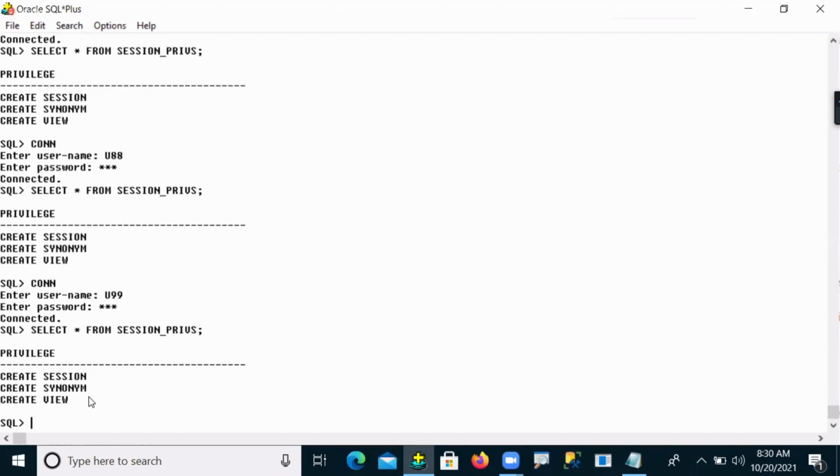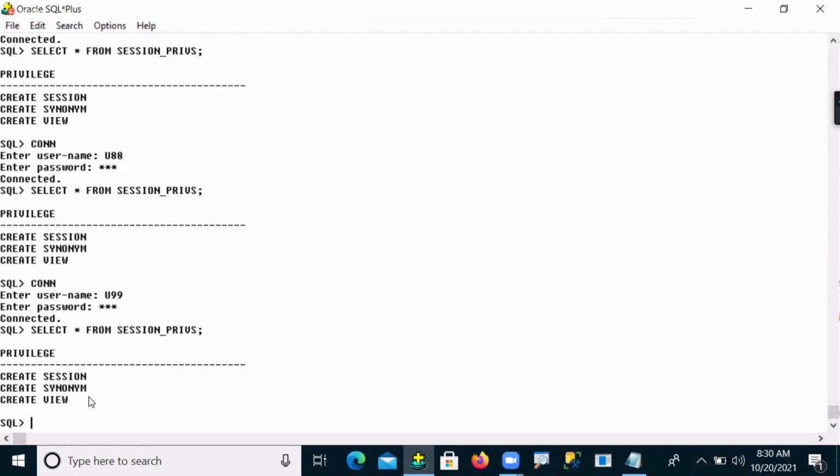So this is the role advantage here, guys. With the help of roles, we can assign a group of privileges or a collection of privileges to a group of people at a time.